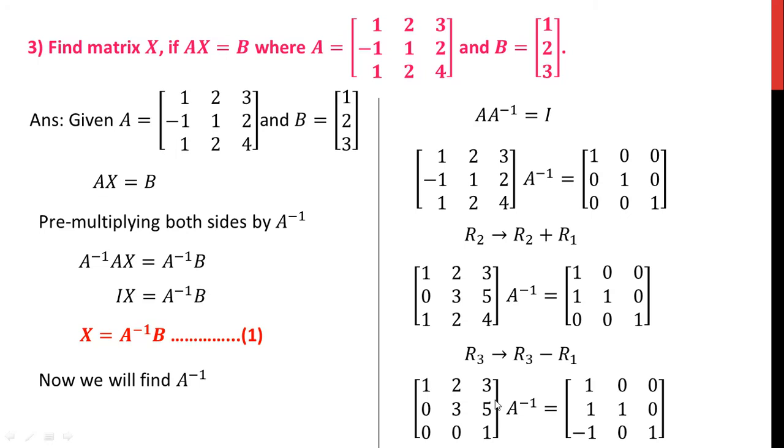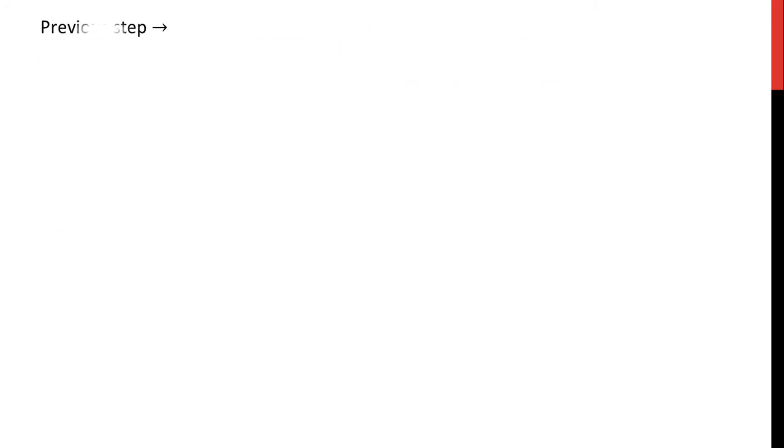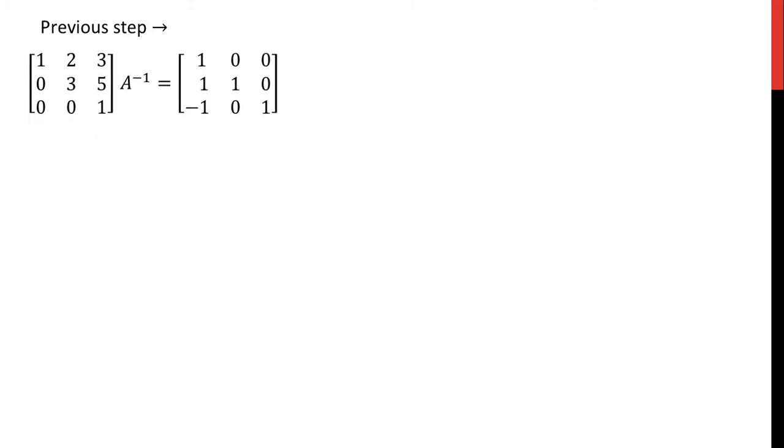Now we will continue this in the next part. What is our previous step? This is the previous step, see here. We have completed 1, then 0, and then 0. Now we require 1 in place of 3, so we have to change row number 2. How will you change row number 2 here? We have to use row number 1 or row number 3, but row number 1 is not possible, because if you use row number 1, then this 0 will get changed, and that is not allowed in this procedure.